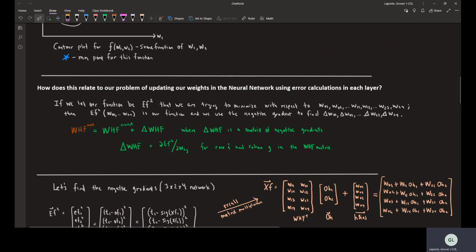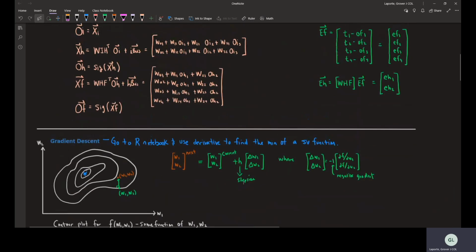So these become multivariable functions, because it's more than one function, right? It's 3 of them. So T1 minus OF1 squared will be a function. T2 minus OF2 squared would be a function. EF3 squared would be a function. EF4 squared would be a function. But each one of these functions has some W's associated with them, and that's the point of the next piece. We want to figure out what those W's are,